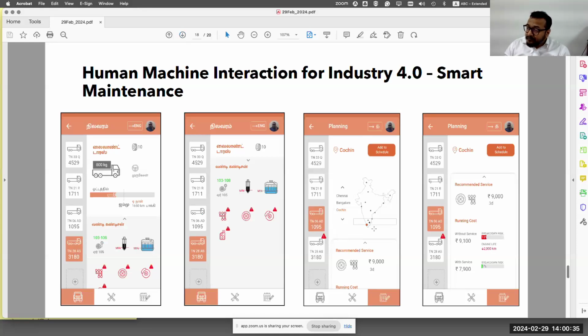So an example is that given the current state of this truck, if I look at the recommended service, it will cost me 9,000 rupees and 3 days downtime. Now, can I afford this amount, and can I afford 3 days downtime? If I cannot afford it, given the current state of the truck, I can travel in this bubble. I am over here. I can travel either to here, either to here, or this over here, right? So this helps the truck owner to recognize that, okay, if I have less money, then I can go ahead and actually do all my activities within this region, and then I can drive back and then take the money and get my truck repaired.